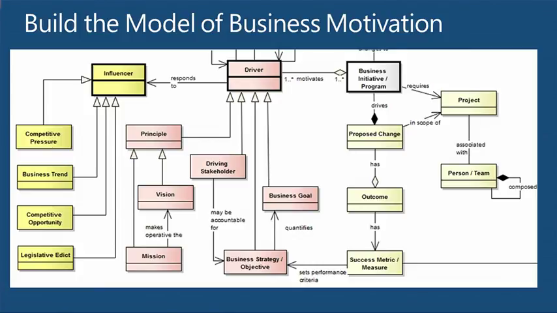Principles, vision, and mission are basically, in my book and in my meta, a type of principle. There can be other principles as well that aren't mission and vision. There can be subtypes of principles, architectural principles or subtypes. How many of you have architectural principles in your organization? All right, good. It's a good grouping there.